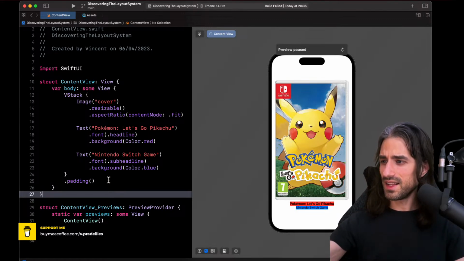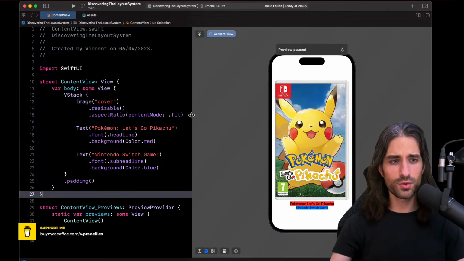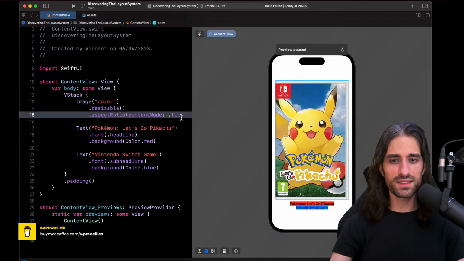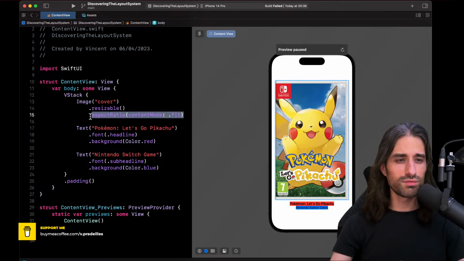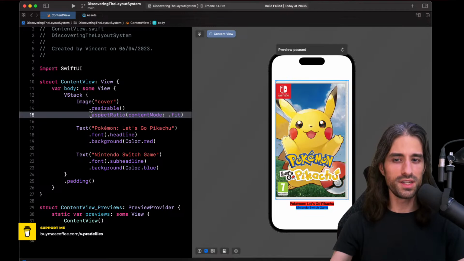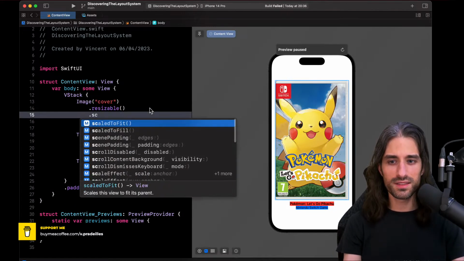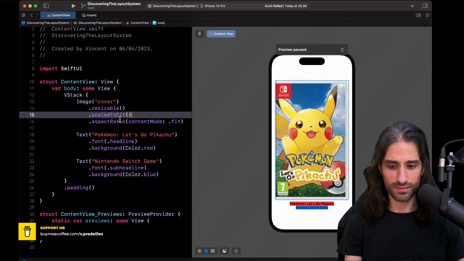All right, let me see if I've said everything I wanted to tell you. So the aspect ratio modifier. Something interesting that I've learned quite recently is that there's still a bit of code in calling this modifier right here. There is actually scaledToFit.